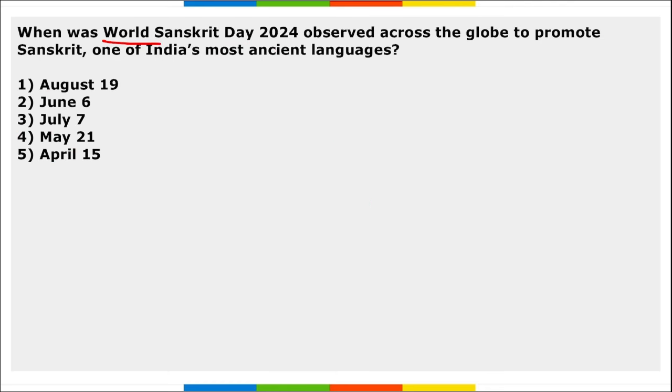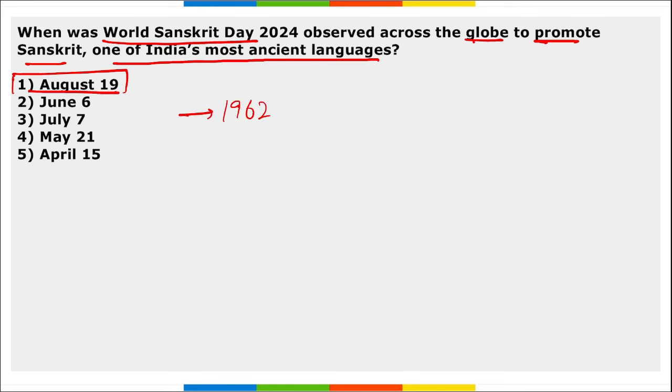Next, when was World Sanskrit Day, observed across the globe to promote Sanskrit, one of India's most ancient languages? It is the 19th of August this day is observed, and the first ever World Sanskrit Day was observed in 1969. Correct? World Sanskrit Day was observed on 31st of August 2023, and World Sanskrit Day 2025 will be observed